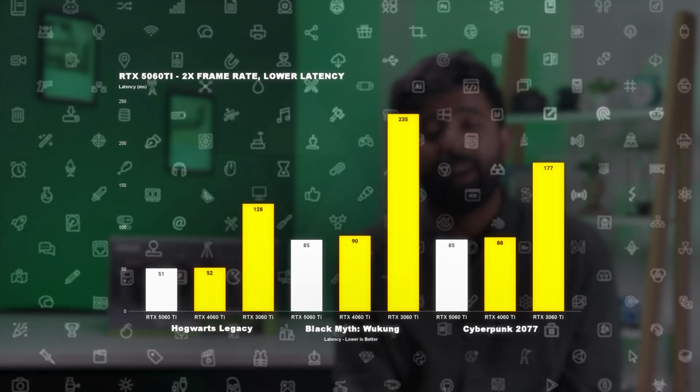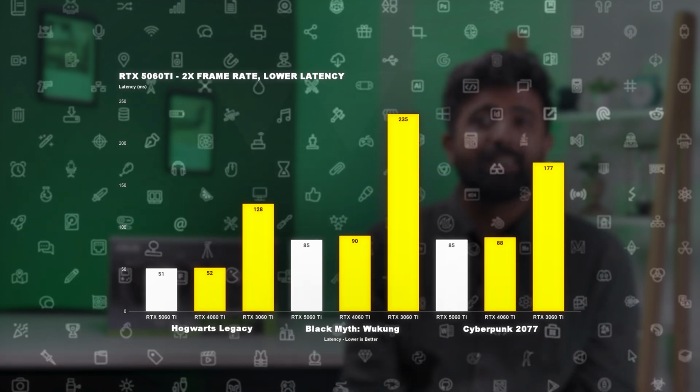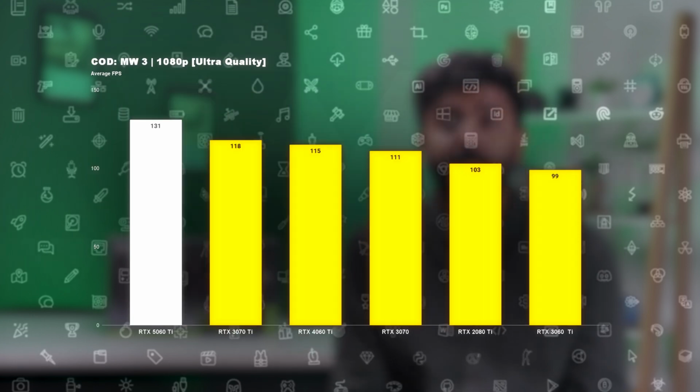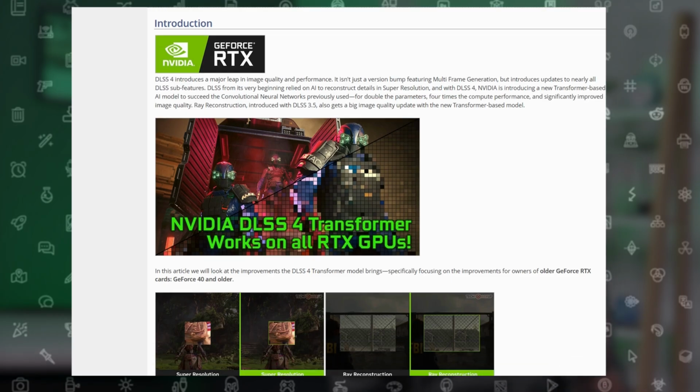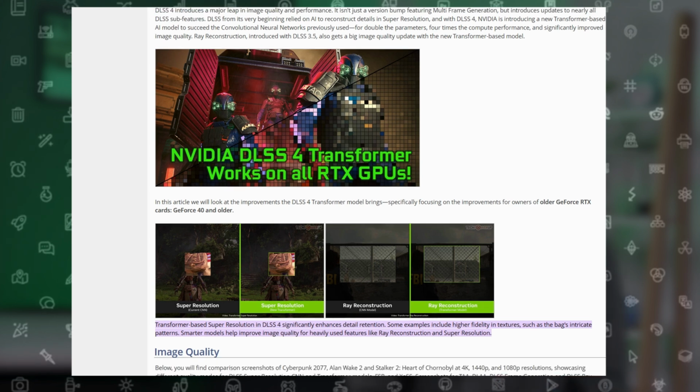Reflex keeps everything feeling fast and responsive with minimum input lag, especially if you're the kind of guy who's playing competitive games like Fortnite, if it's competitive, that is, Modern Warfare. So yeah, and if you didn't already know, they've completely rebuilt DLSS this time around. DLSS 4 uses a transformer model similar to that used in ChatGPT. The new version can prioritize important and tricky areas of a game, making images more detailed, especially with surfaces like